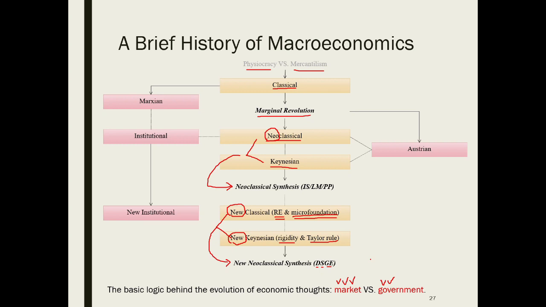The monetarist, mainly Friedman, took an eclectic stance between New Classical and Keynesian, closer to New Classical. We will learn the model Friedman developed in our module later on. To summarize, the primary logic underlying the entire economic history is the role of market and government in managing the economy. The mainstream school shifts between the classical tradition and the Keynesian tradition with evolving modeling methods.